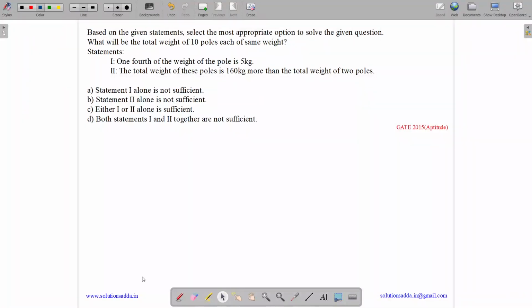This question belongs to aptitude subject and was asked in GATE CSE 2015. The question states, based on the given statement, select the most appropriate option to solve the given question. What will be the weight of 10 poles each of same weight? Let us suppose one pole weighs x kg, then we have to find